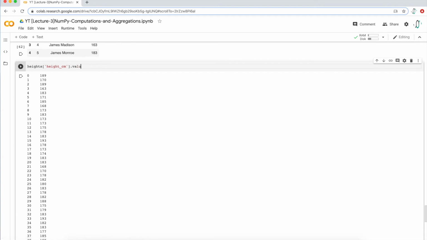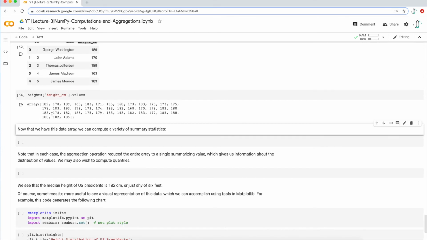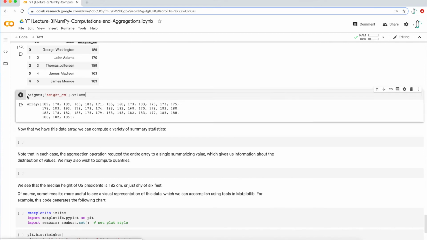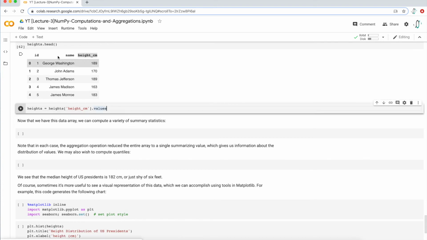And then I'm just going to grab the values, so I don't grab this index name or this index value. And I get something like this. It's basically an array, right? And then I'm going to save it. I'm going to overwrite the heights variable with just the height values. All right, and so if I print out